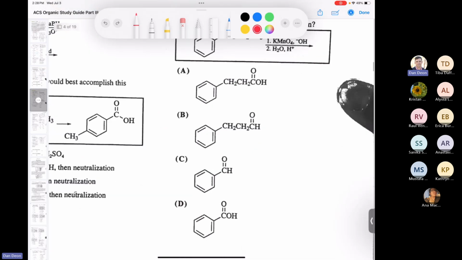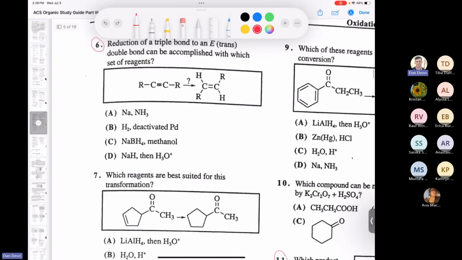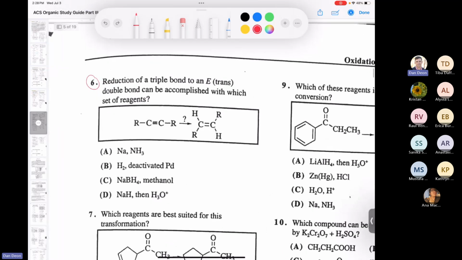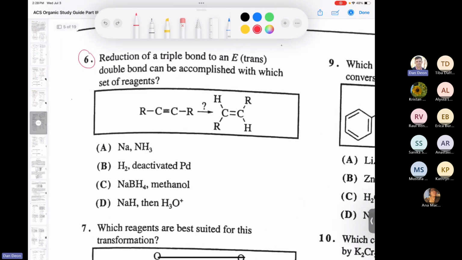Number 6, let's take a look at question number 6, reduction of a triple bond. So if we want to reduce a triple bond to get a trans alkene, this is one where you just kind of have to memorize the reaction, and this is sodium metal reduction. If you remember in our textbook, you usually put liquid ammonia, and this proceeds through the radical anion. Okay, I didn't ask you to memorize the mechanism or anything,